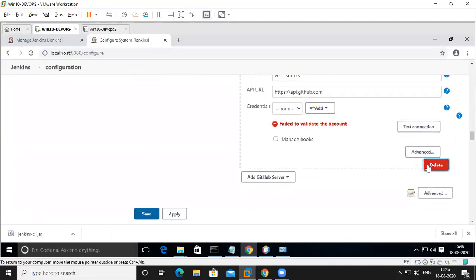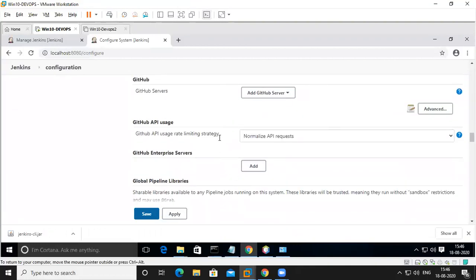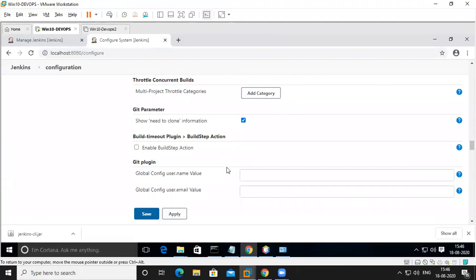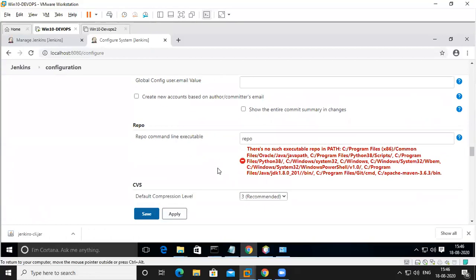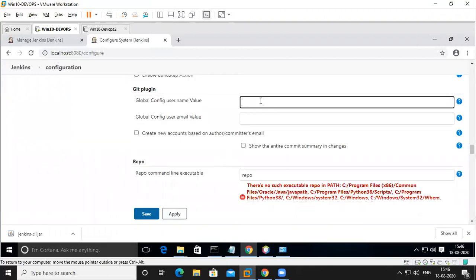If you are not doing it, just delete it. If you are not doing it, API usage, Git parameter, Git plugins. Okay, so I use some plugins, right?